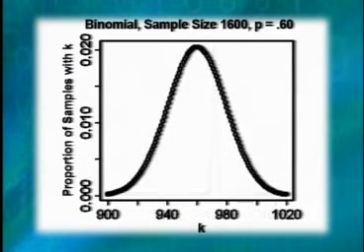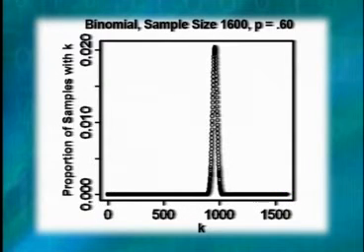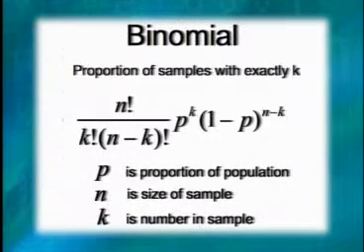And this is just a blow up of that same distribution that shows that most of the high part of the distribution lies between getting 900 and 1,020 of the 1,600 who are actually for Proposition B. The binomial distribution has a complicated looking formula here. The point of showing this is just to show that you can actually compute the proportion of the samples that